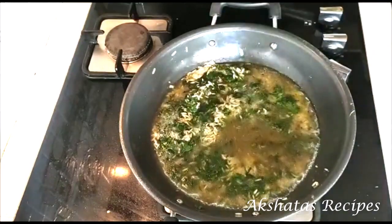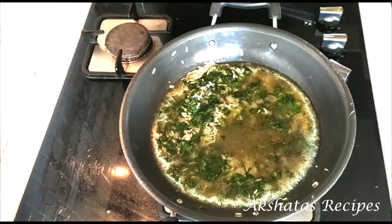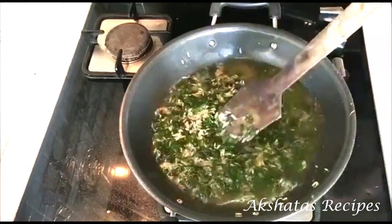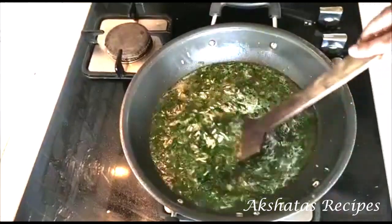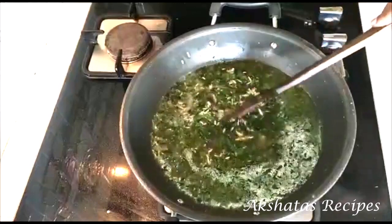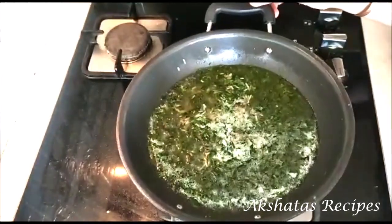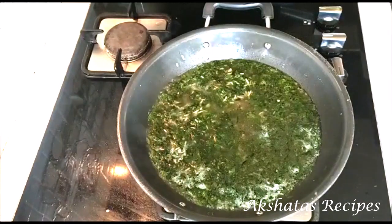And we're going to let this water come to a boil on a medium to high flame. So get all of those rice bits and everything into the water, and we're going to let this water boil on a medium to high flame. That should just take about half a minute for the water to come to a boil. And once the water starts to boil, like this,